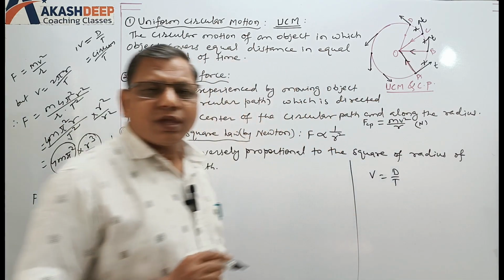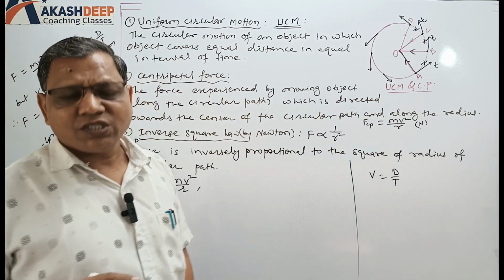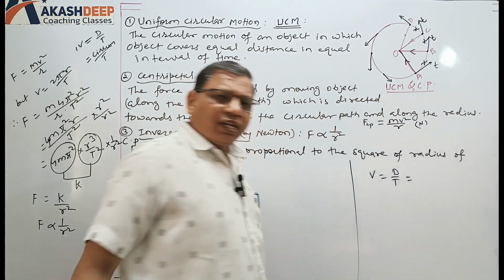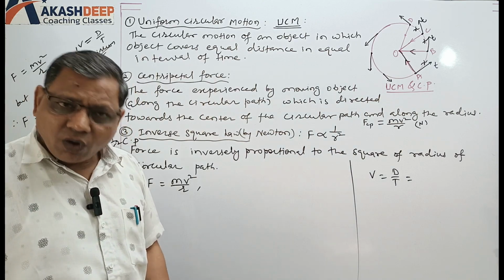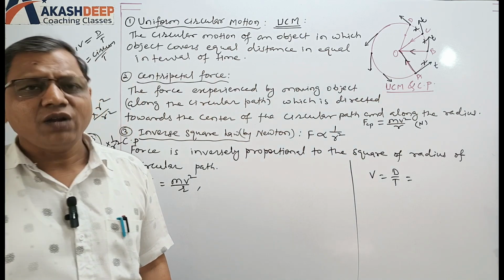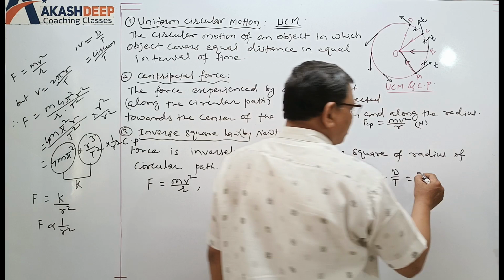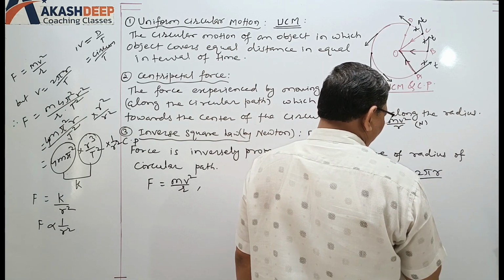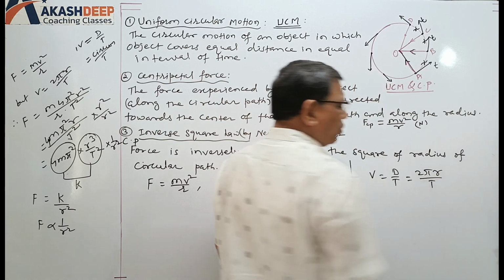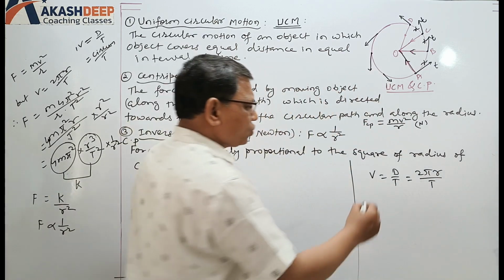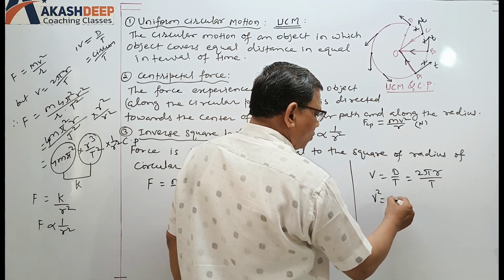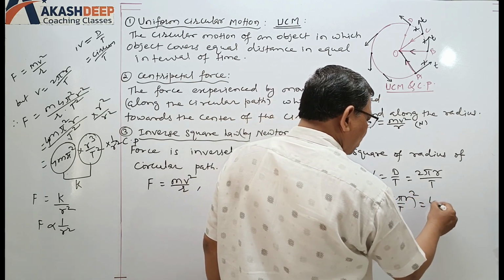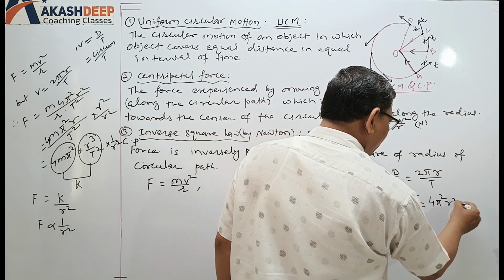Here the object is performing circular motion. Then the distance covered in one revolution is 2 pi r. Therefore, v is equal to 2 pi r upon T. So, v square is equal to 2 pi r upon T whole square, which is equal to 4 pi square r square